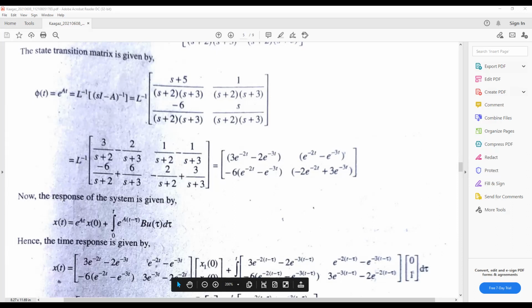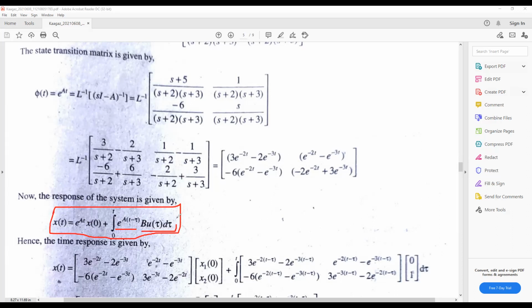Now what is the formula of the response of the system? x of t is equal to e^(At) into x of 0 plus the integral from 0 to t of e^(A(t minus tau)) B u of tau d tau. Hence the time response is given by e^(At) into x of 0 plus